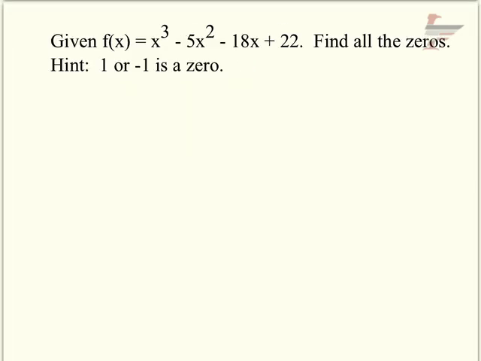Okay, last one, and I might give you a little hint on the test. So given this cubic function, find all of the zeros, and the hint to you is that 1 or -1 is a 0. So this would be a no calculator question, hence I might give you a little help so that you don't have to sit and test all the possible rational roots. So good news is I could find all the factors of 22 divided by 1, but I've given you a hint that 1 or -1 works out, so I'm just going to go ahead and try